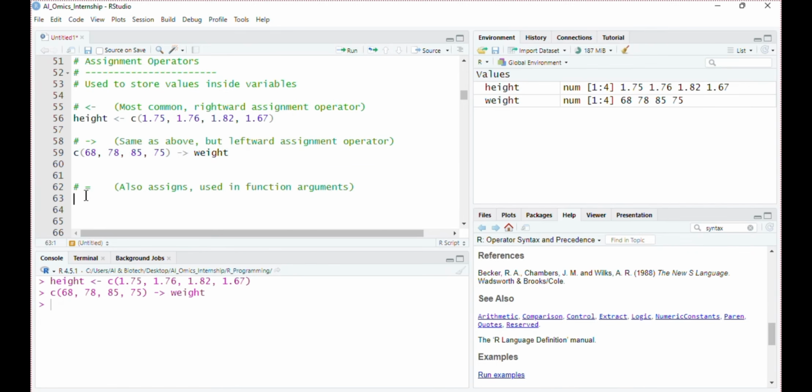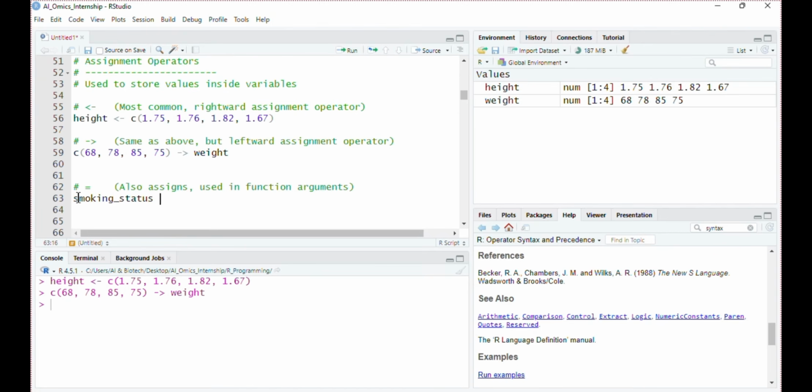You can also use the equals to sign to assign a variable name to values. This equals to operator works similar to the rightward operator. So in this case, again, first we have to assign the variable name. Let's say I want to assign the smoking status of the individuals.